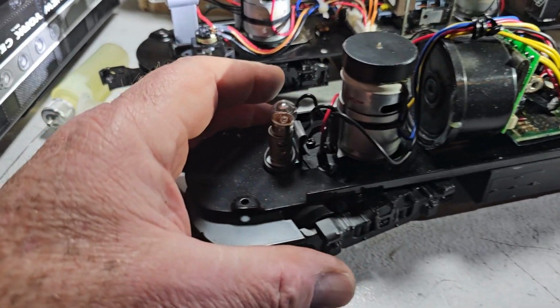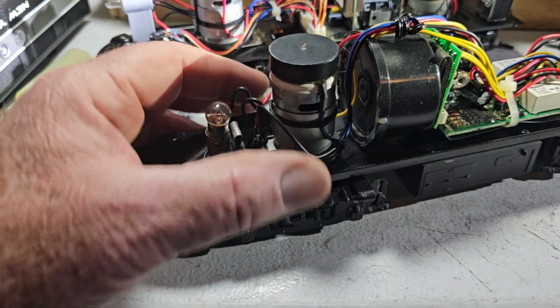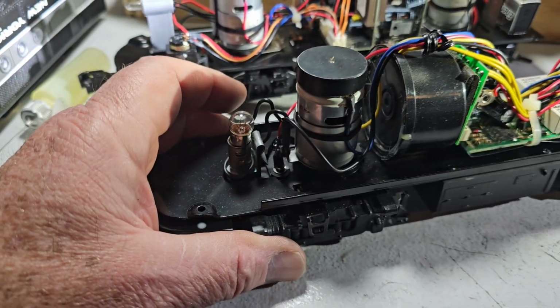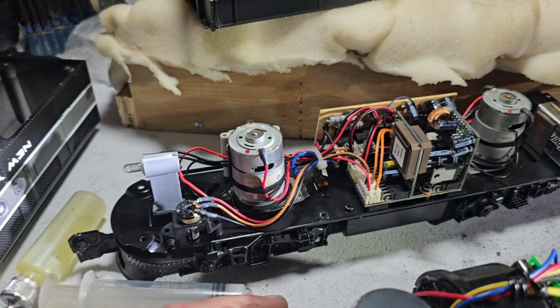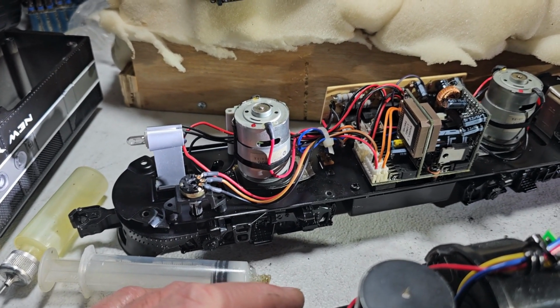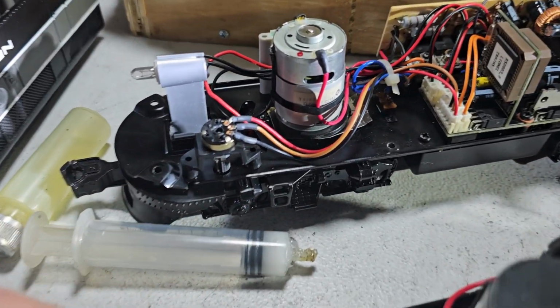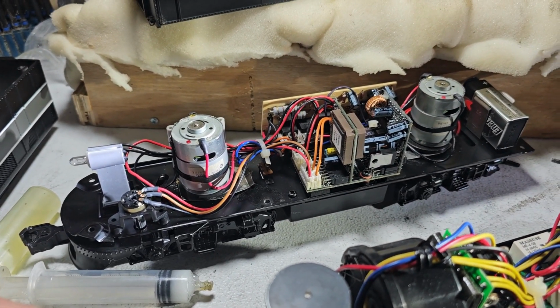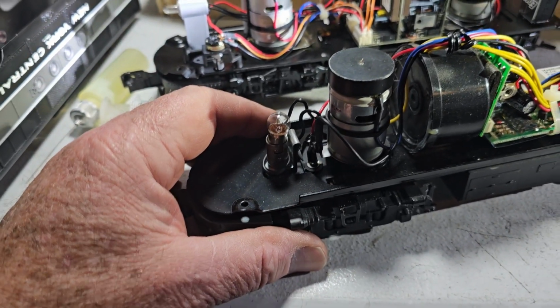But the focus of this video really is just putting the grease on the worm gear where it intersects the pinion gear on the axle, right? And the Lionel ALCO PA we just worked on, with its big giant motor with its big giant flywheels and also a really large diameter gear, had the same one screw release that pretty much all this style has. And when the